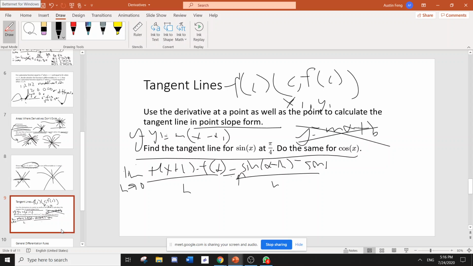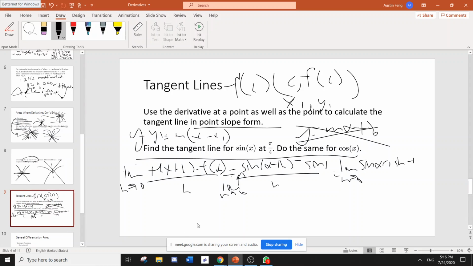Oh, I forgot to put the limit. Don't forget to do that. That's equal to the limit as h goes to 0 of sine x cosine h